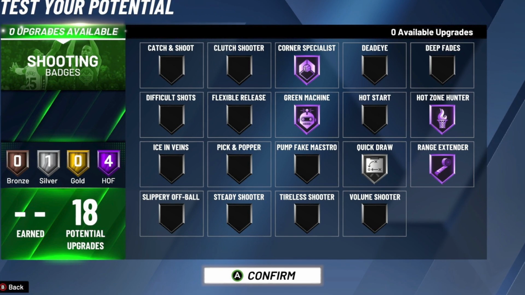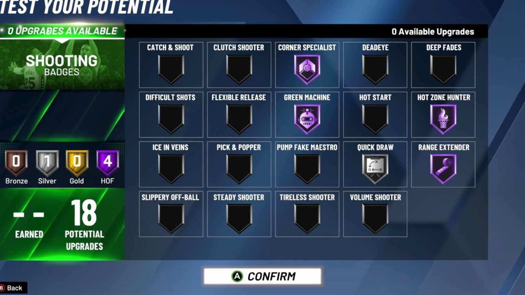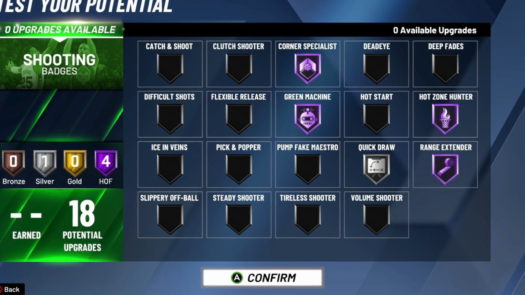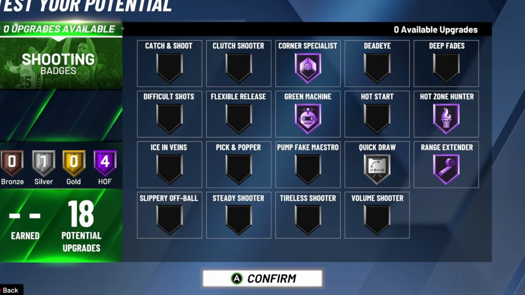Like I said, this is for people that are going to be spotting up. So most times, if you're a spot up, you're going to be at the hash or in the corner. If you don't know, hash and down is actually considered part of corner specialist. But not only that,